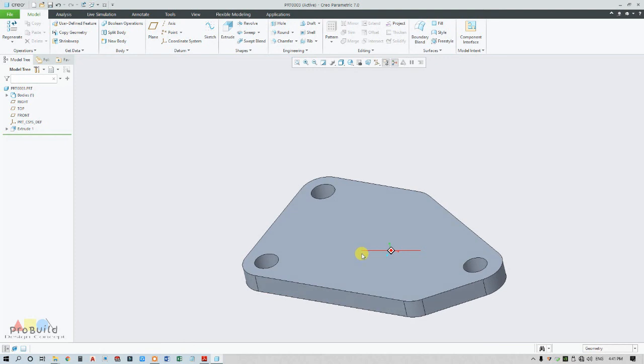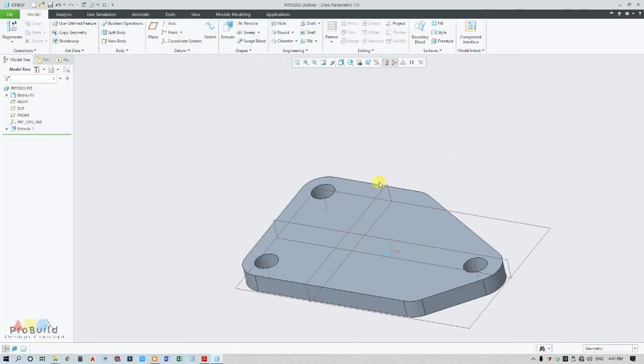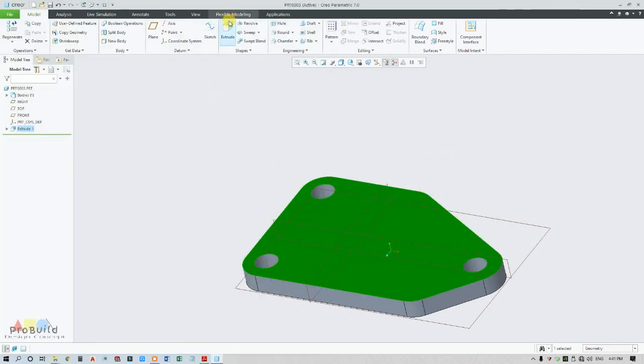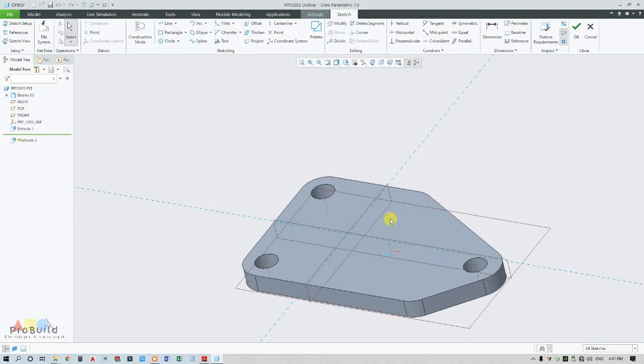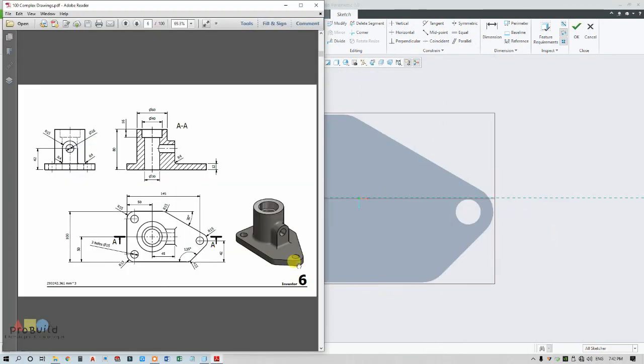Now I'm going to make this cylindrical part, so I want to go for the revolve option. Yeah, this is not revolve, we can also go with extrude. I'm going to extrude. I mean, select this top surface, go to 2D. So now I need to draw a cylinder on this top surface of this base part.